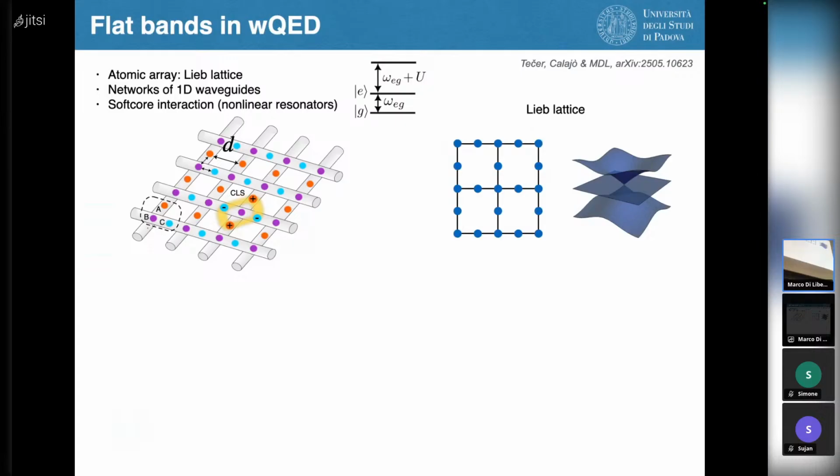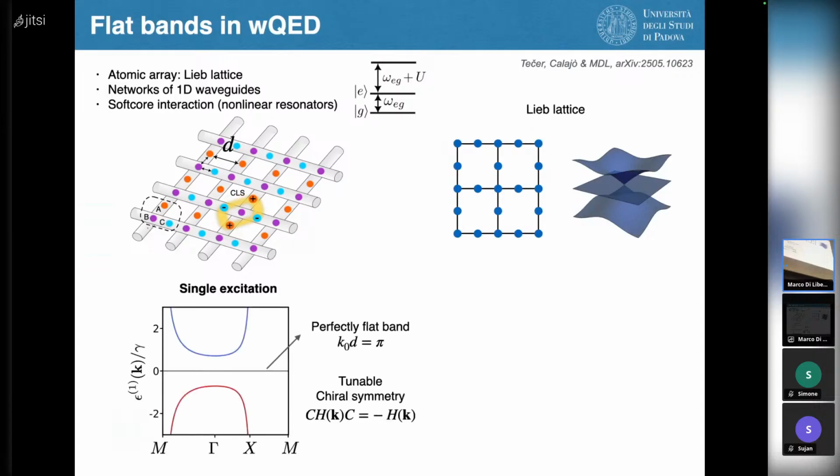And instead of using the usual two-level atoms, we consider a nonlinear resonator, just to give the possibility of interactions. So you can have a ground state, you can have an excited state, but if you have two photons, you have a nonlinearity, a shift. And now what we find is that instead of losing completely the flatness of the band, if you choose the spacing D commensurate with the wavelength of light, you can fine tune the interference processes that preserve chiral